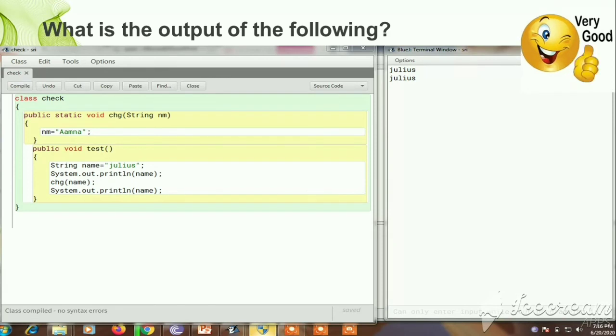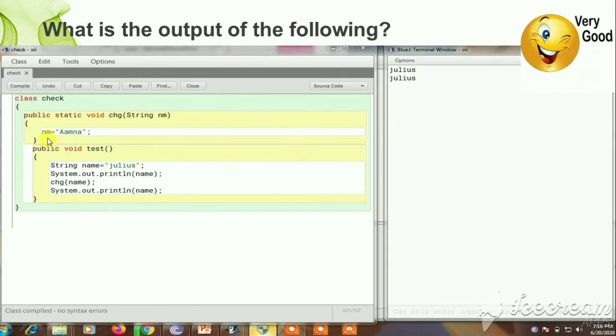In that assignment I gave one question: what is the output of the following? The answer for this question is Julius, because first I am declaring the value for this particular variable, name, as Julius. I am going to print the value of name. After that I assign the name into the function change. This name will be stored in nm.